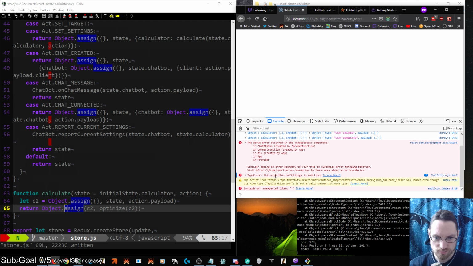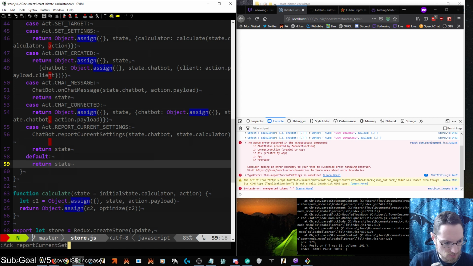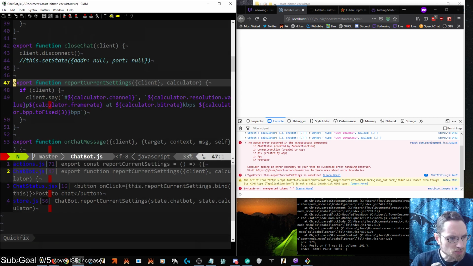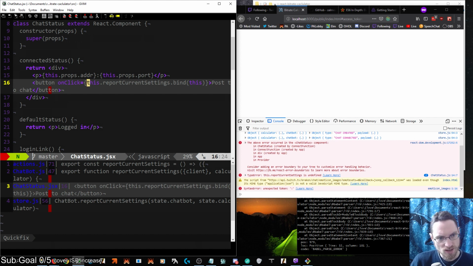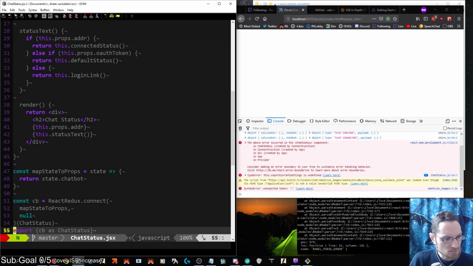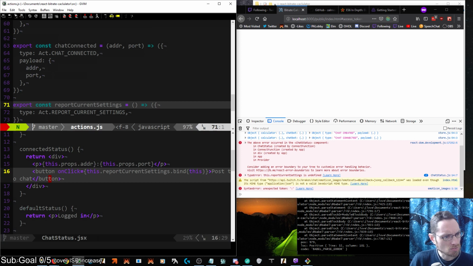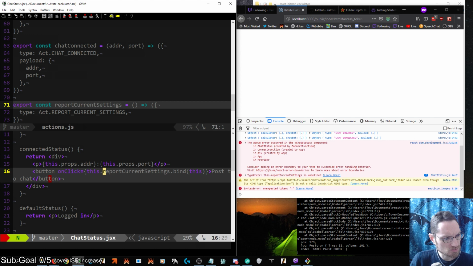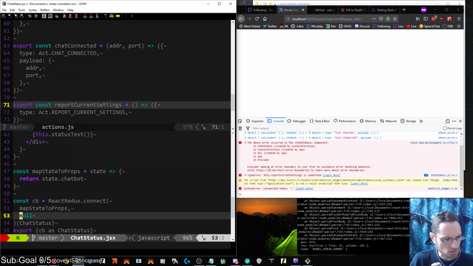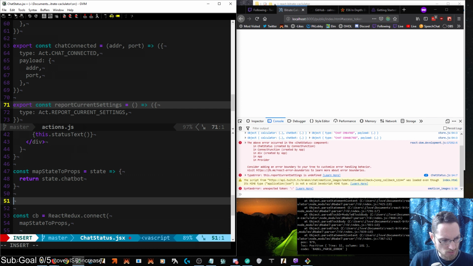Oop. This dot report current settings. That was probably just because it got moved around, so it's not of this anymore. Oh. Yeah, that is chat status. I could do a function for that, or we could just do, right, report current settings. Oh, this actually became null. But to do a limited version of this, we have to do